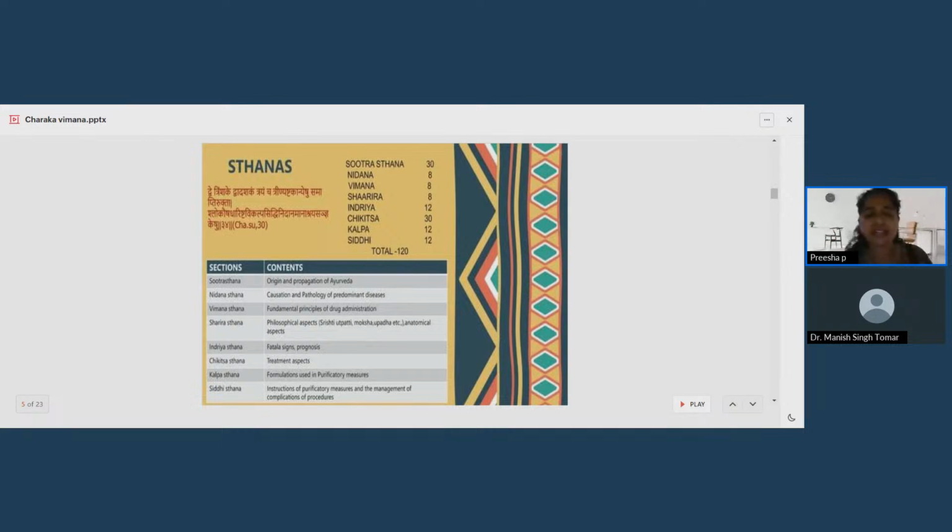Okay. Then the other one is regarding Indriya Sthana. The Indriya Sthana is also called the Arishta Sthana. So the Indriya chapters and Kalpa Adhyaya were explaining the Arishta Lakshanas. That is why Indriya Sthana is the Arishta Lakshana, you will get the point. Then coming to the Kalpa, Kalpa is also called Vikalpa. These are the important names of sthanas which are explained in Charaka Samhita.